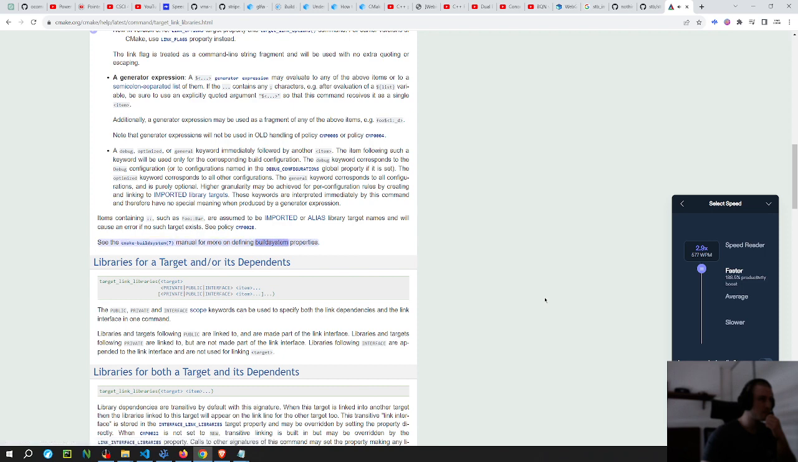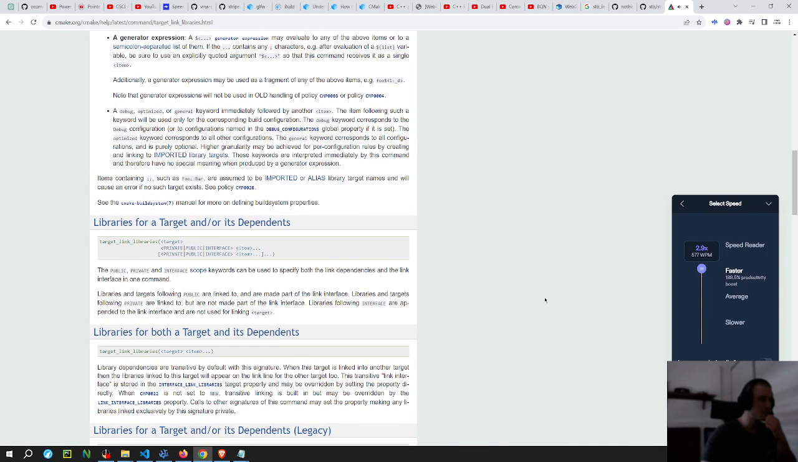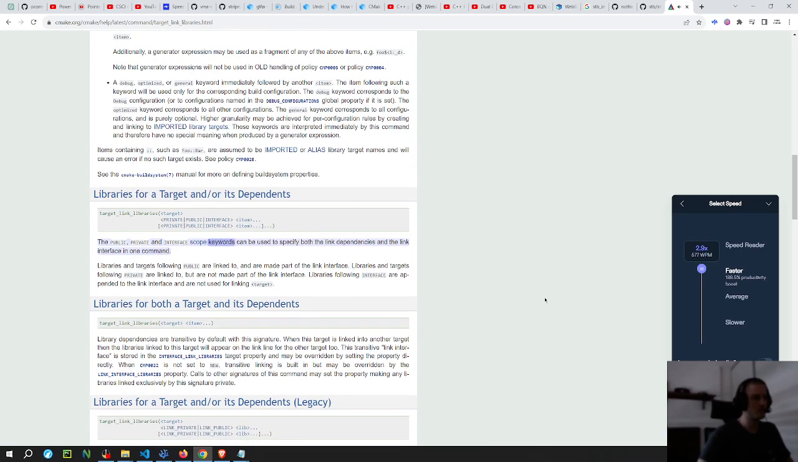See the CMake build system 7 manual for more on defining build system properties. Libraries for target and/or its dependents. target_link_libraries(target PRIVATE|PUBLIC|INTERFACE item...). The PUBLIC, PRIVATE, and INTERFACE scope keywords can be used to specify both the link dependencies and the link interface in